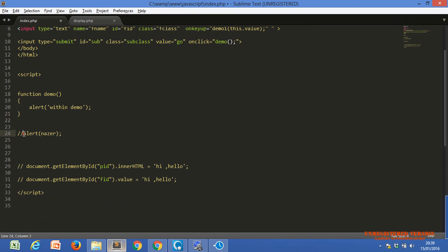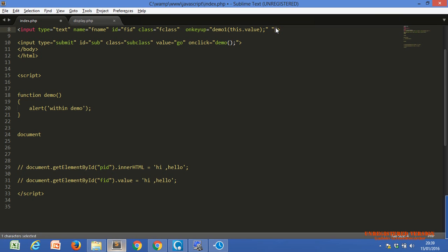Alert demo. I'm just alerting. Document.write, I just use document. Maybe somewhere I wrongly used the double quote. Now document.write, just one kind of display function of JavaScript.